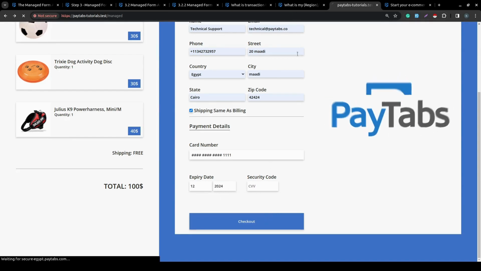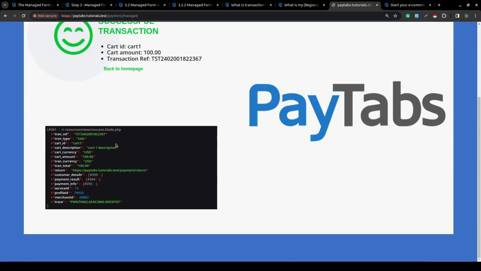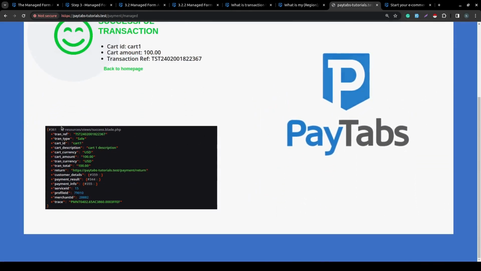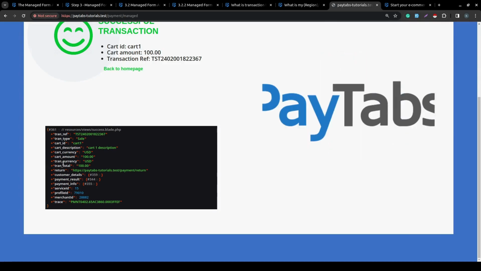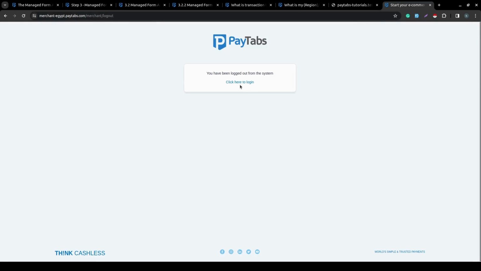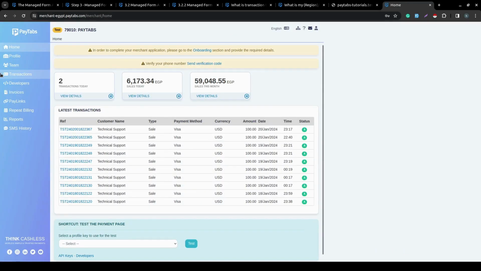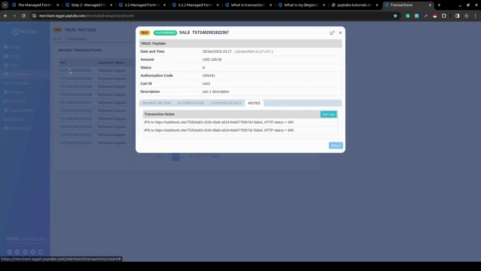Going to check it out, and the payment should be done successfully. Normally over here you'll see I have just printed this out; this should not normally be viewed by your customers. Of course, I've printed it out so you can see this payment is done successfully. If we navigate to our dashboard, I've signed in, and inside our transactions you will see that the payment is done successfully, and over here you will